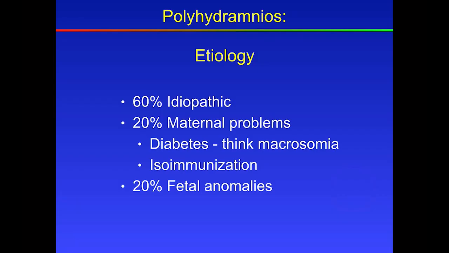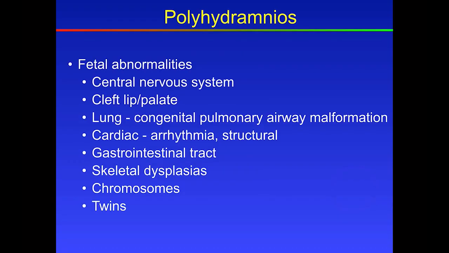Okay, if you think about polyhydramnios, we think about idiopathic causes, whereas most oligo has a reason. Poly may not. 20% will be maternal problems from diabetes and isoimmunization, and 20% will be related to fetal anomalies. So when we think about fetal anomalies, I always start at the head and go down. Central nervous system, cleft lip and palate, lung problems, cardiac problems, gastrointestinal problems, skeletal dysplasias, and then chromosomal anomalies